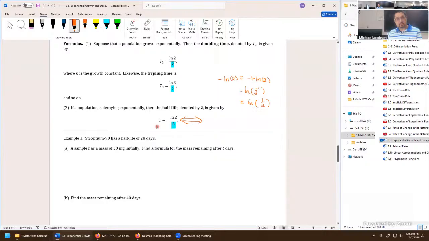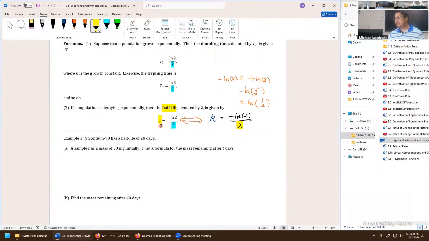Sometimes what you're solving for is the half-life, but if the half-life has already been provided to you, and you want to solve for, say, the relative decay rate K, you can just resolve this for K and say K equals negative natural log 2 divided by the half-life lambda. So both equations are equally important. It's usually just stated once in that format there.